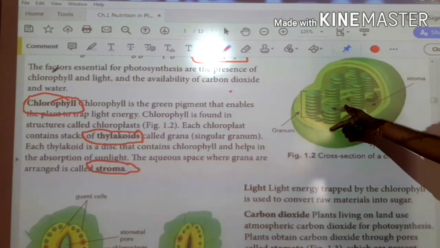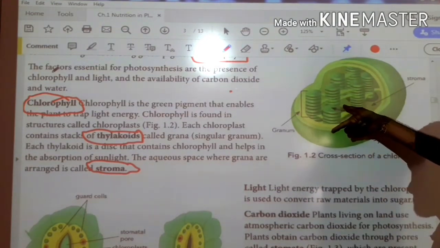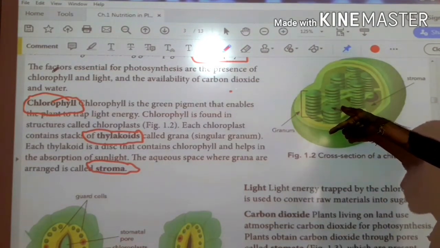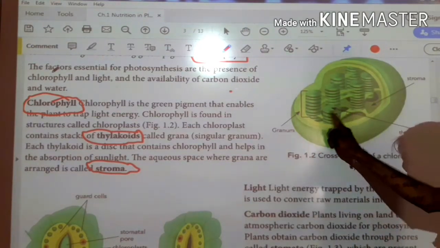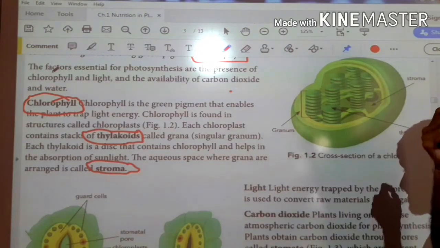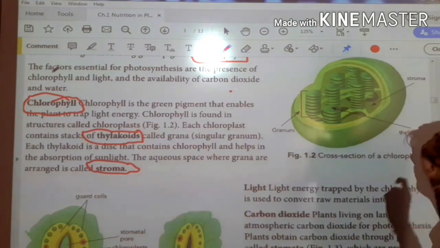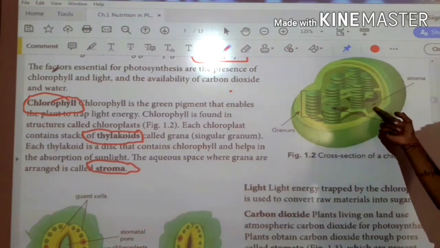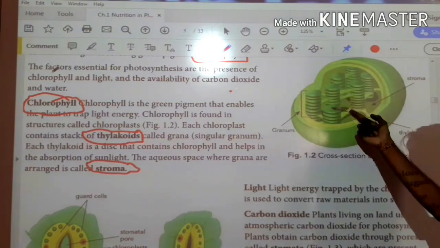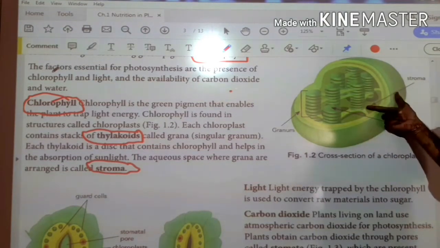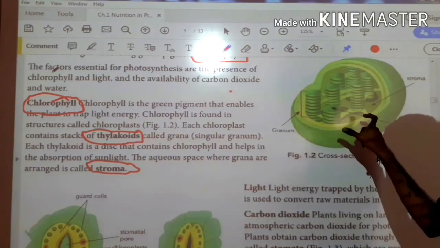मतलब ये जो थैलेकोइड है, ये जो स्टैक्स है, पूरी थप्पी जो है सिक्के की जैसे ये थप्पी है, उसको बोलेंगे स्टैक ऑफ थैलेकोइड, राइट? क्योंकि हर एक डिस्क से वो थैलेकोइड से बनी हुई है. इस डिस्क को ग्रेना बोलते हैं, ग्रेनम भी बोलते हैं, राइट? ये सारी चीज़ उसके आसपास there are little space. So all the space around the thylakoid is called as stroma, right? So this was the structure of chloroplast.